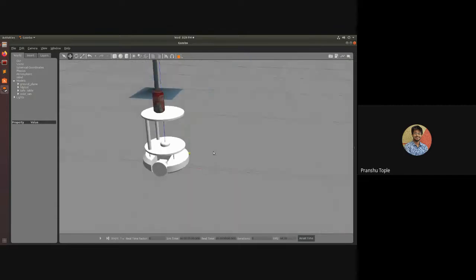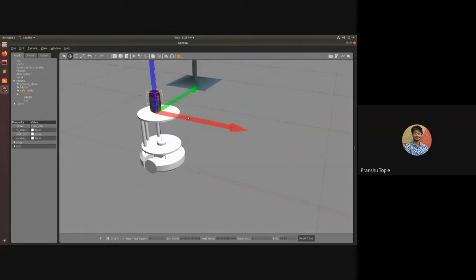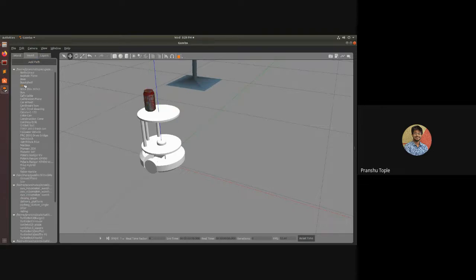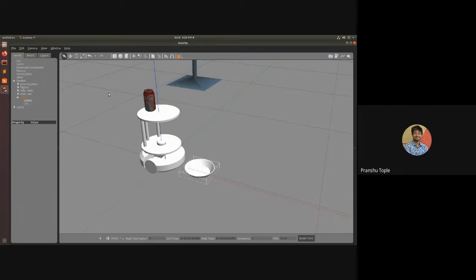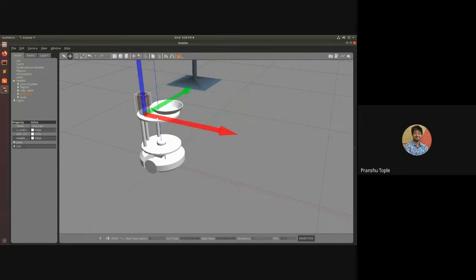Yeah, it's of a perfect size as a waiter bot. I can add a bowl. Yeah, there is enough place for both of them.